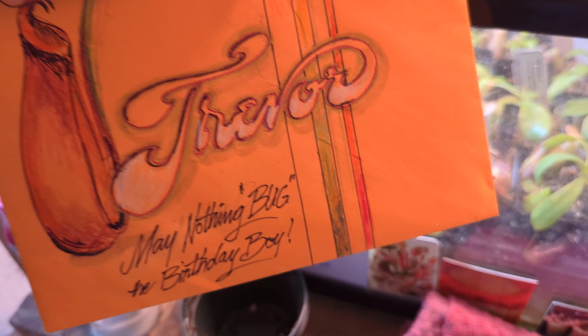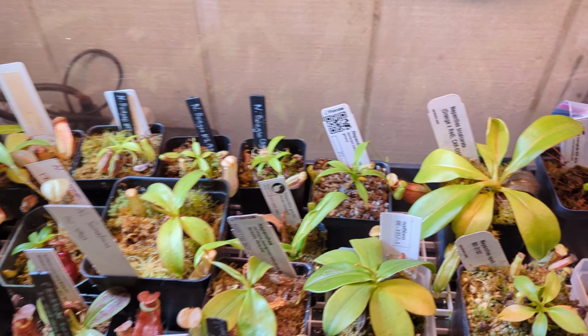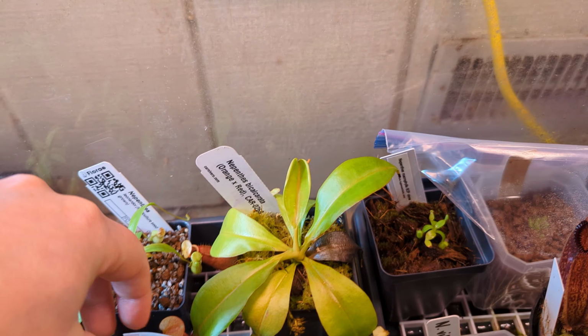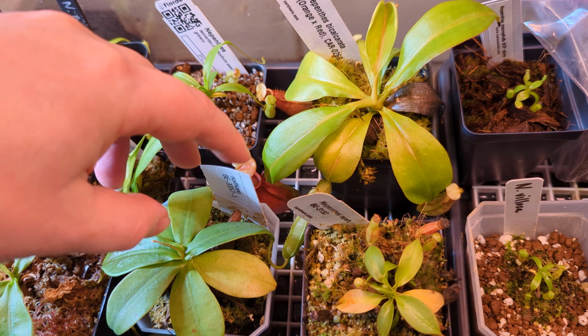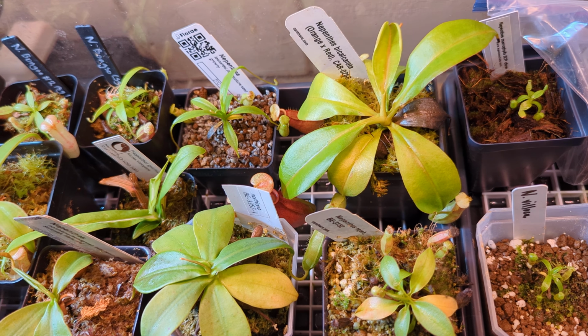I did get this cool birthday card from my uncle. He actually drew this based on my Bicolor Lata, which my aunt, that's his wife, absolutely loves. She thinks that's the coolest Nepenthes. So I sent her a picture of that, and he drew that from looking at the picture, which was really cool of him. Anywho,